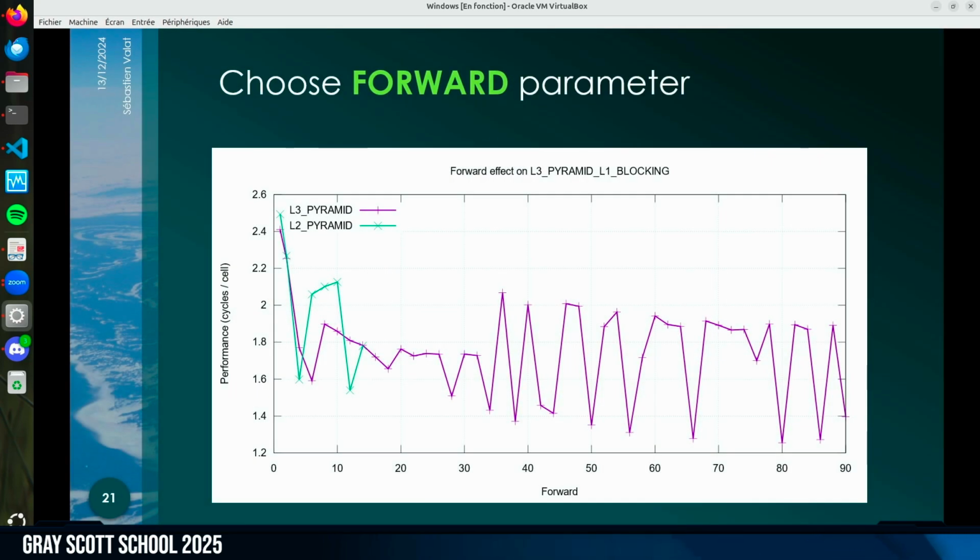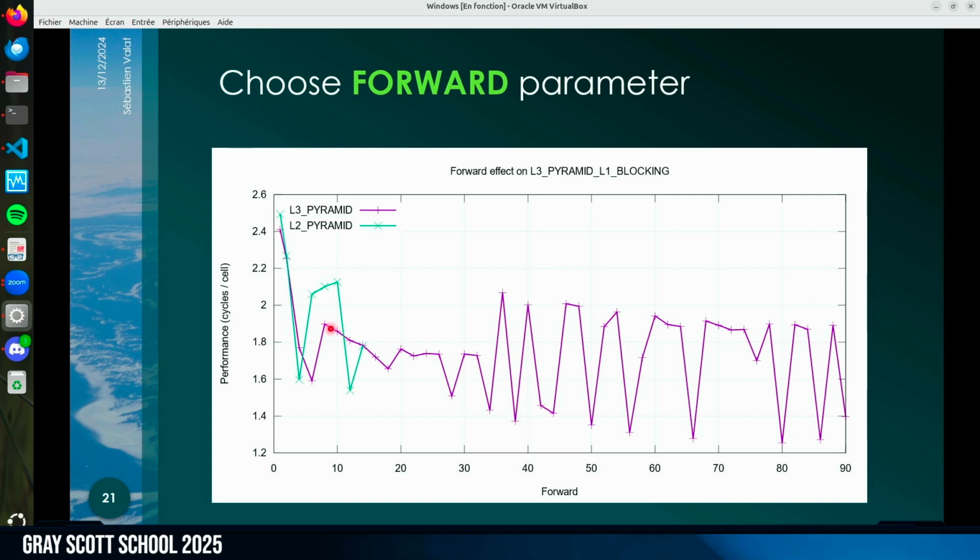We can also make a plot about the number of steps we need to do forward to win something, because if I'm making only one step, I made a lot of effort to compute the blocking, etc. And so it will be covered by what I win by making 2 steps. But if I'm making 90 steps or 100, probably I win more. This is a graph which is here. So here you have the blocking in L3 or the blocking in L2. On the 64-core machine, I should be able to access if I will not have lost the network.